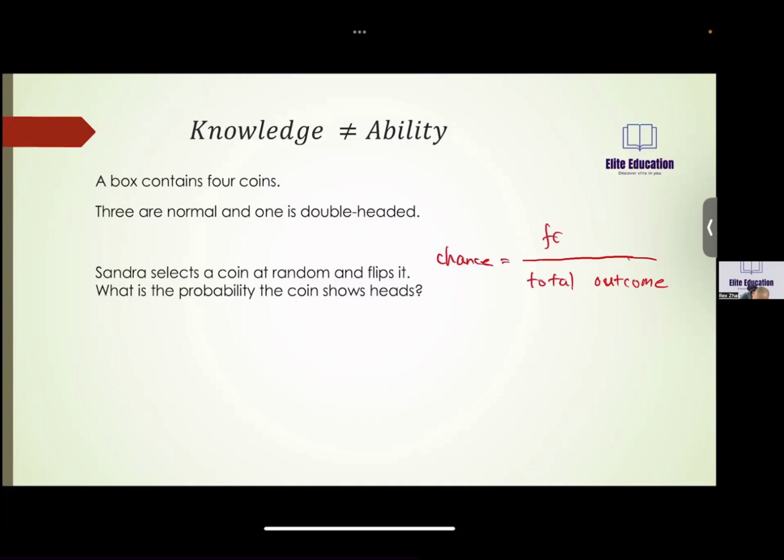And then among these total outcomes is your favorable outcome. This is actually the most fundamental understanding of chance. So when faced with a chance problem, what should we be thinking about? How should I check it? I should find out the total number of outcomes. And then out of this total, how many are favorable?